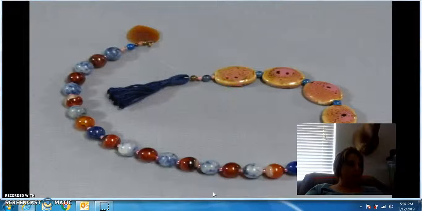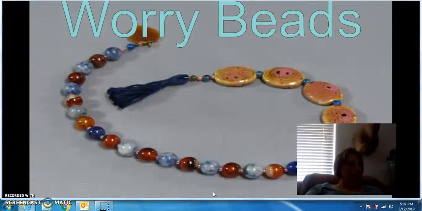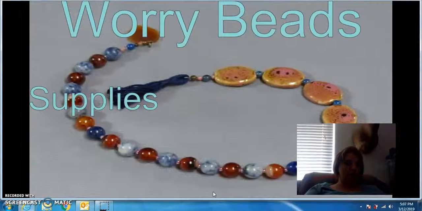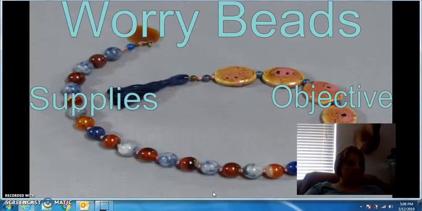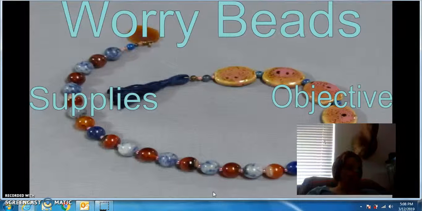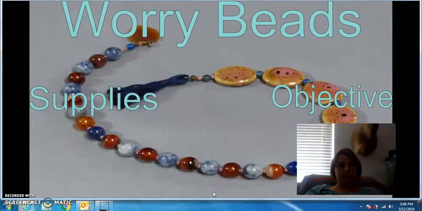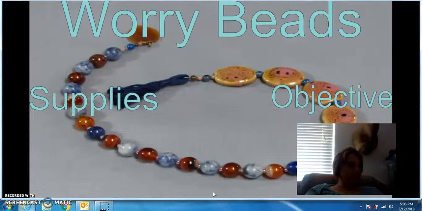The next activity would be worry beads. This activity, you will need a roll of yarn, at least 100 yards, 1,000 beads of variety colors. The Greek people traditionally used worry beads as a relaxation technique to diffuse their concerns. When they had problems, they reached for their string of beads, placed it behind them, and they would count by twos. This will help the children if they have worries, so this is exploring their cultures.